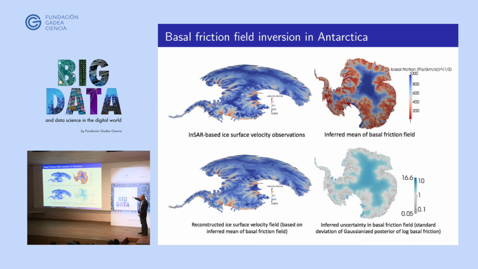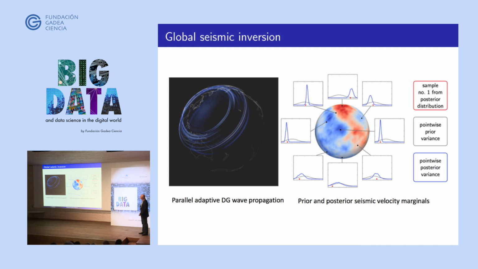So this is a three-dimensional model of the ice, and the boundary condition is unknown. It could be free slip, it could be no slip, it could be something in between. So we invert for that parameter that mediates between the two extremes. And so these are surface velocities. This is what we invert for, but I'll talk more about this in a few minutes.